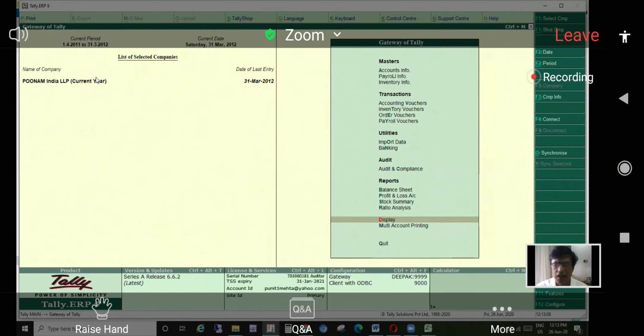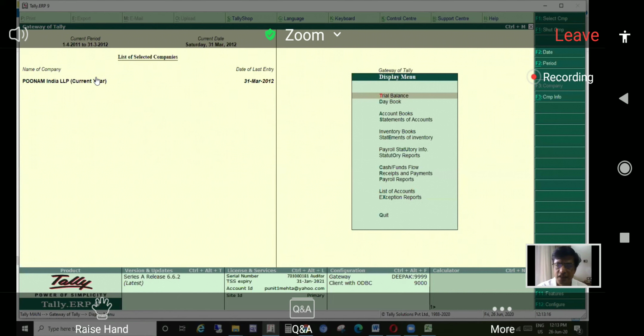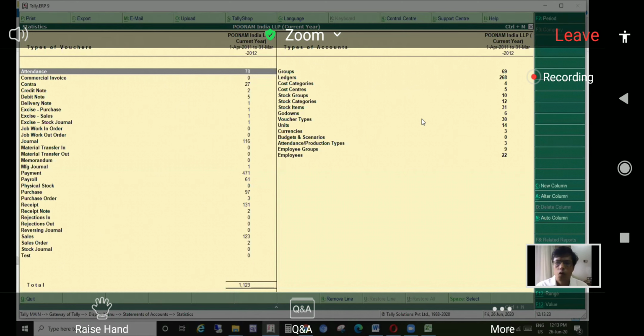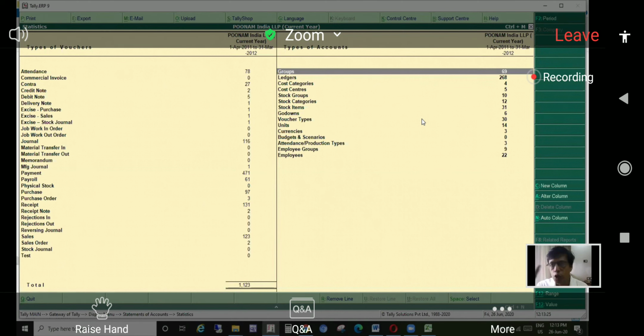The second important thing, I'll come back to Gateway of Tally, is the understanding of statements of accounts and statistics. I showed you the entire list. This is the summary, how many groups are there, how many ledgers are there. So whenever you are starting the audit, please take the screenshot or export this in Excel.